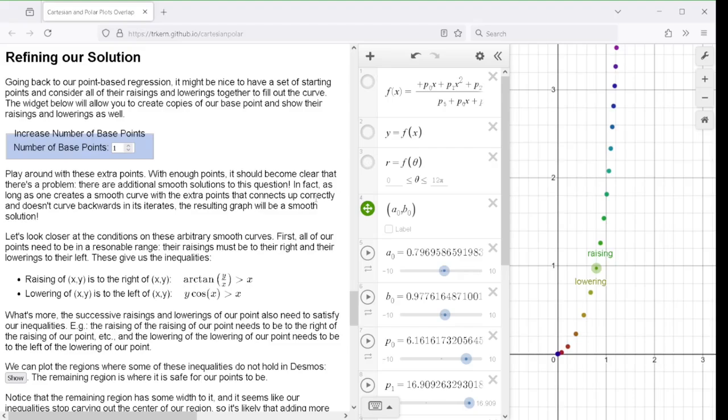In order to refine this process, we'd like to start off with more than one base point. This interactive allows you to increase the number of base points to increase the density of the overall curve. We see here kind of a wobbly but nonetheless smooth-looking solution. It may be the case that there are multiple smooth curve solutions to this problem, with some of them more